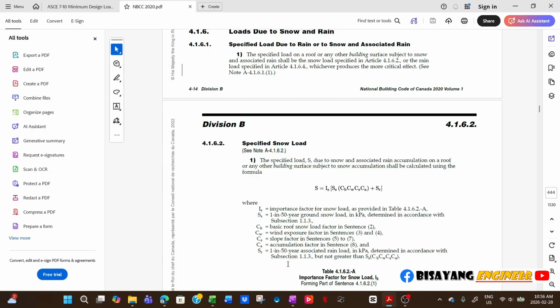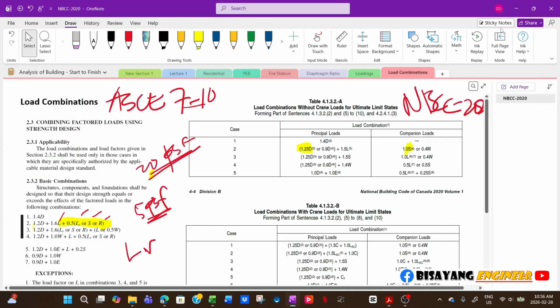That's the 150-year associated rain load in kPa. So the rain load is already part of this snow load calculation. That's why you won't see rain load in this combination, because that's already part of this snow load. And then